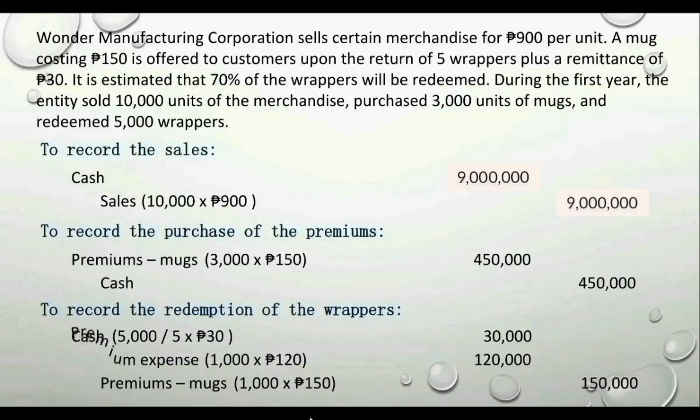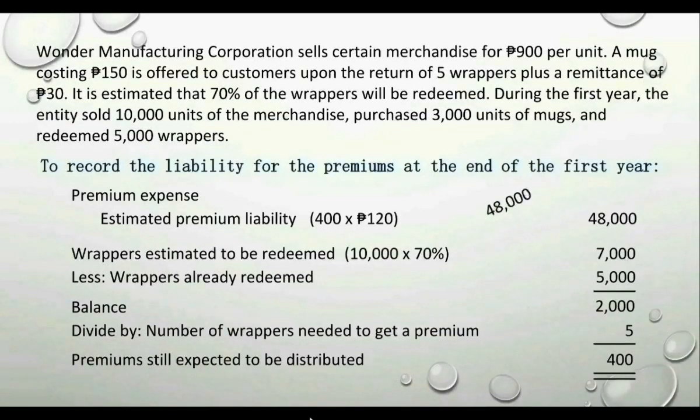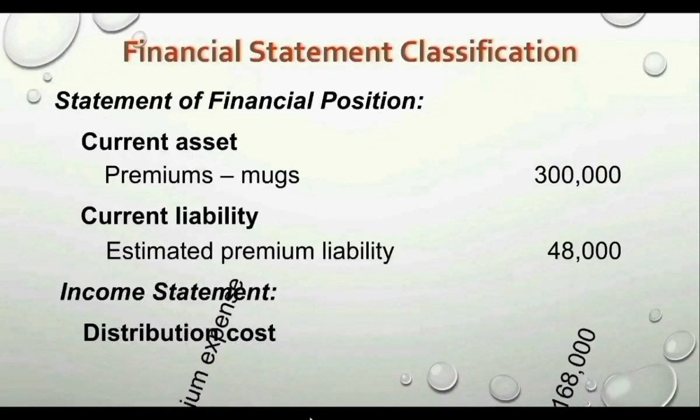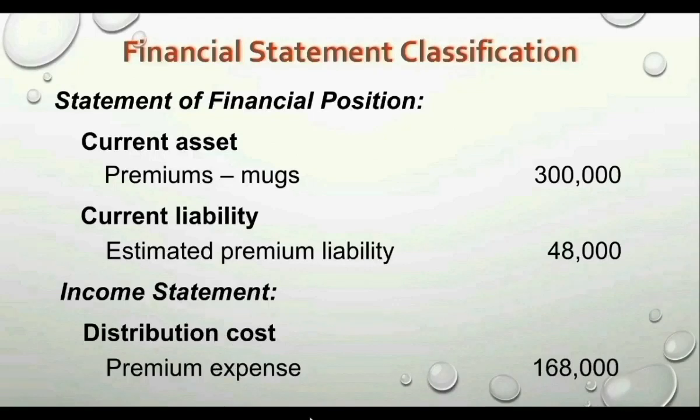For premium expense, 120,000 debit plus 48,000 debit equals 168,000 debit balance. The estimated premium liability was affected by just one entry